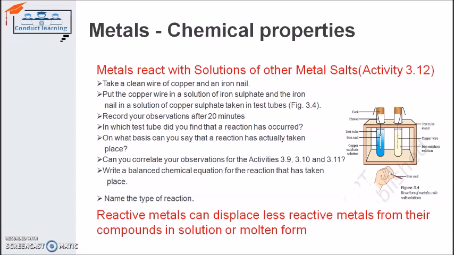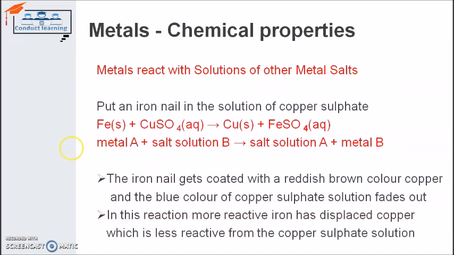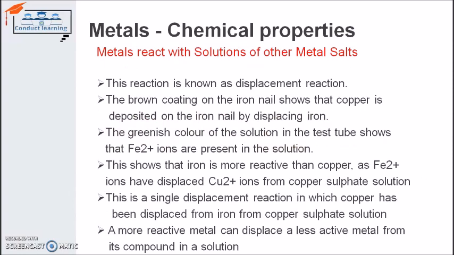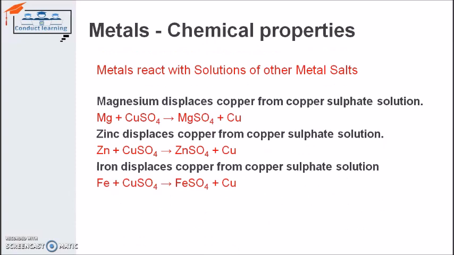That means to say copper is deposited on the iron. So the reaction has taken place between the iron and copper sulfate solution, and the equation for this is also written there, in which iron displaces the copper from copper sulfate solution and itself becomes iron sulfate, right? This is a single displacement reaction in which iron displaces copper only, right? So copper is less reactive than iron. This is the conclusion from this activity. Another example of the same type of reaction is magnesium and copper sulfate solution, zinc and copper sulfate solution, and iron and copper sulfate solution. Iron and copper sulfate solution reaction we have already done.